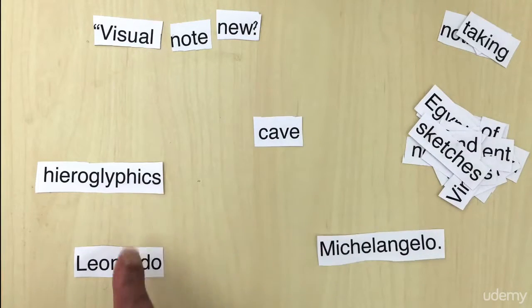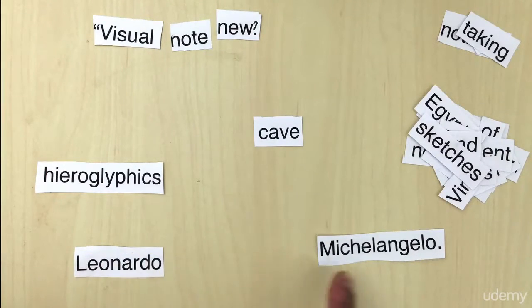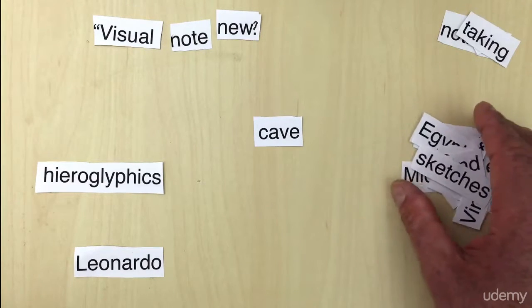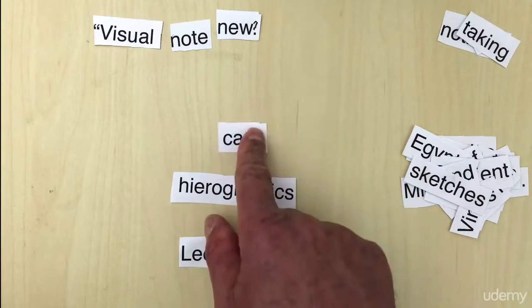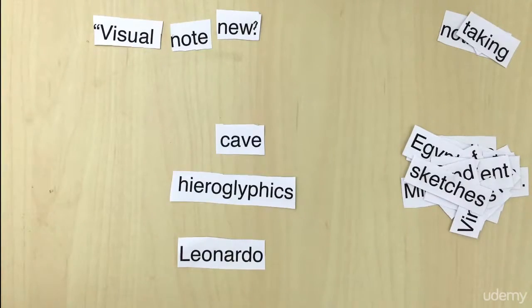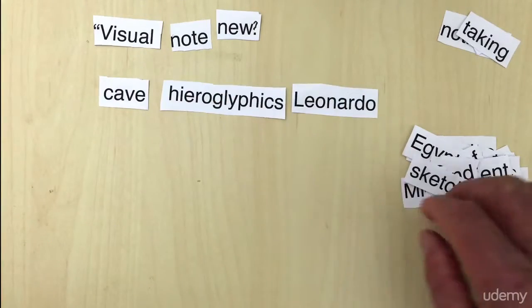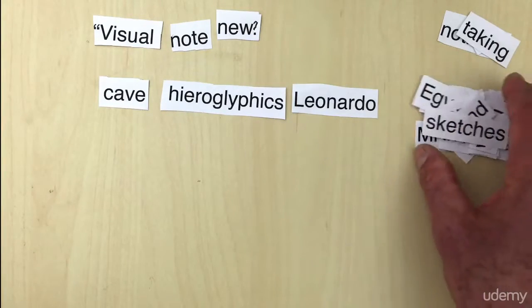Cave, hieroglyphs, Leonardo, Michelangelo. Well, I want to keep cave and I want to keep hieroglyphs. Leonardo and Michelangelo are kind of very similar stage. So I prefer to keep Leonardo because of his notebooks, so we'll put Michelangelo on the pile. Sorry, Michelangelo. So that leaves my 3 keywords as cave, hieroglyphs, Leonardo. Let's pop them there. So that was our first sentence, this is our second sentence, and this is our unpackaged